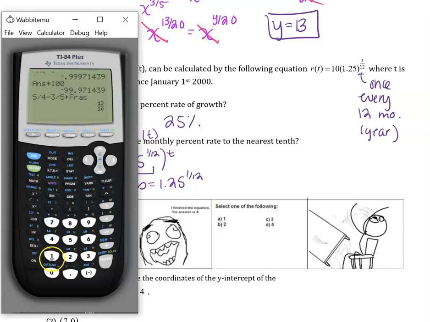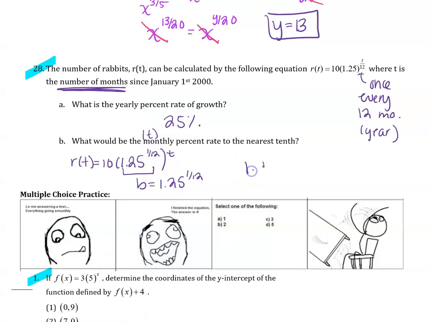Okay, I go to my calculator, I do 1.25 raised to the 1/12. Okay, subtract 1. Multiply by 100. So to the nearest tenth, we're talking 1.9%. So our rabbits are increasing at 1.9% per